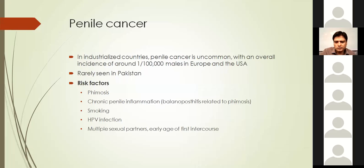The risk factors include phimosis in an uncircumcised male, chronic penile inflammation like balanoposthitis related to phimosis, smoking, HPV infections, which are usually sexually transmitted diseases. Other risk factors are multiple sexual partners or an early age of first intercourse. These are usually the presenting risk factors of penile cancer, and it is unfortunate to say that now the habits and the cultures of different societies are going towards these risk factors,